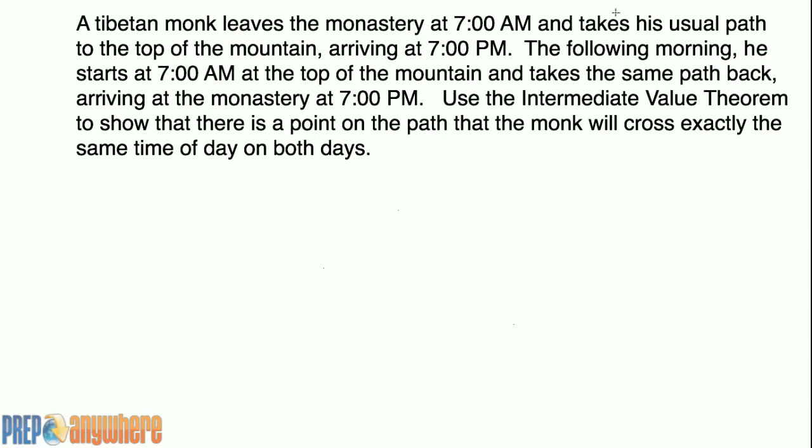Okay, so a Tibetan monk leaves the monastery at 7 a.m., takes his usual path and arrives at the top of the mountain at 7 p.m. On the following morning, he does the reverse and arrives where he started. So we have to use the intermediate value theorem to show that there's a point, no matter how he walks